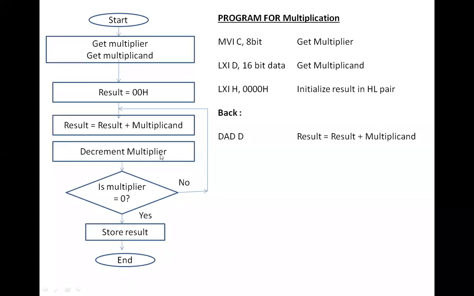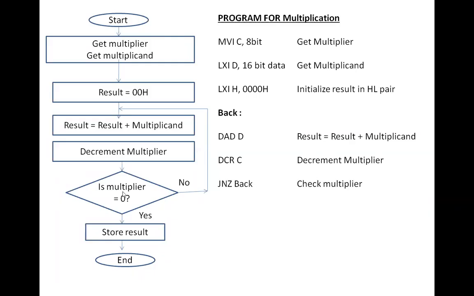Now we have to decrement the multiplier. Multiplier is in the C register, so we will be decrementing C. By decrementing C, we are actually decrementing the content of the C register, which holds the multiplier. So the multiplier is decremented by 1. Then we have to check whether the multiplier has become 0 or not. While decrementing C, after that we check whether the content of C has become 0 or not.